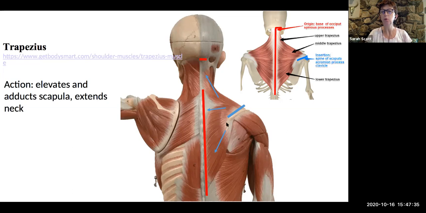And that is this portion here. So notice the orientation of the fibers changes. If you go way down here to the thoracic vertebra and you start pulling between the scapula and the midline here, that's going to be to elevate the scapula. Sorry, I didn't say that very well. It's going to be to combat elevation, which is going to go this way. So you're going to pull upward as well as extending the neck. And then these fibers are all going to be used more really for the adduction. Sorry, not trying to confuse.